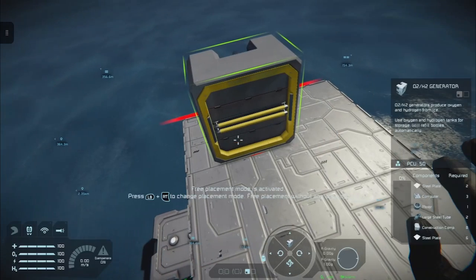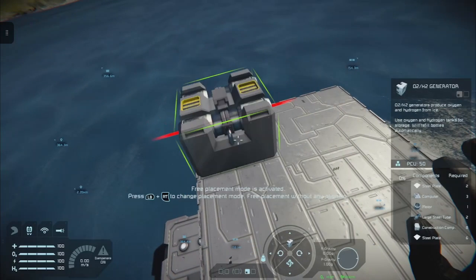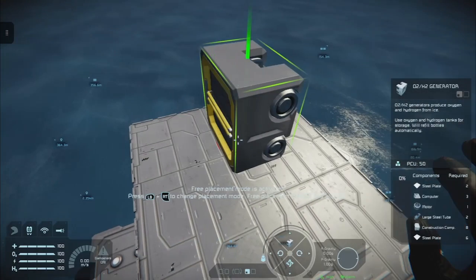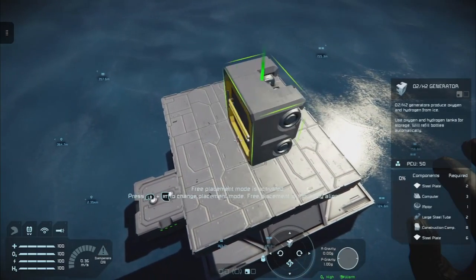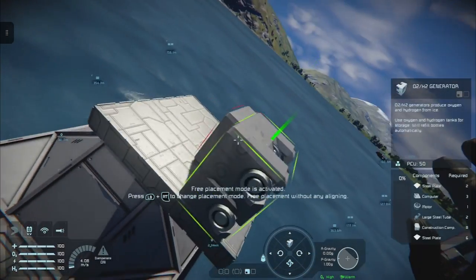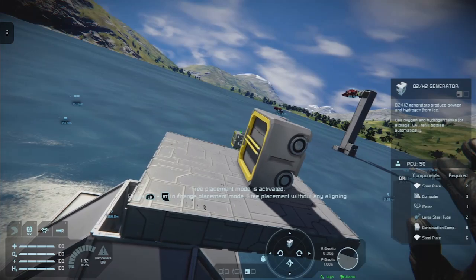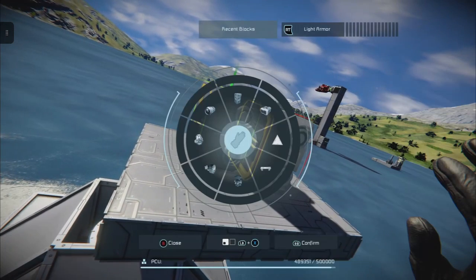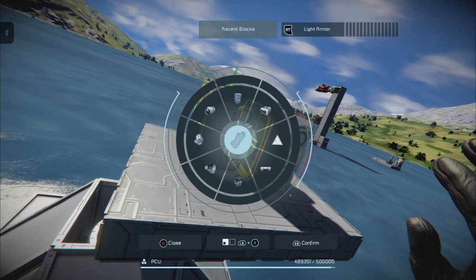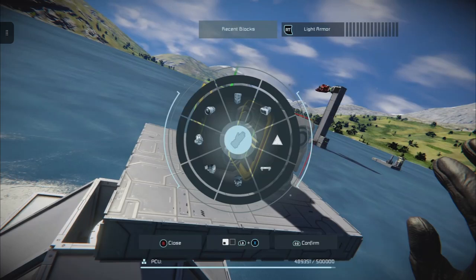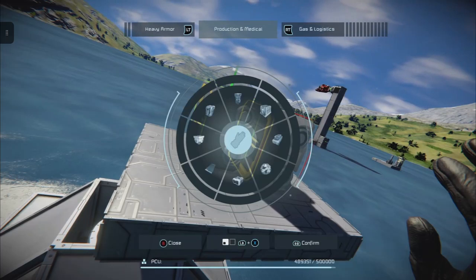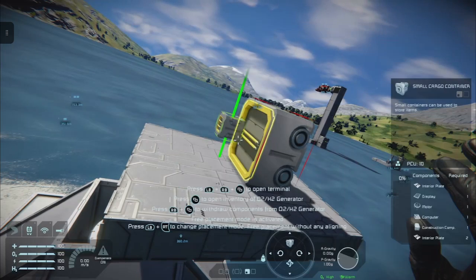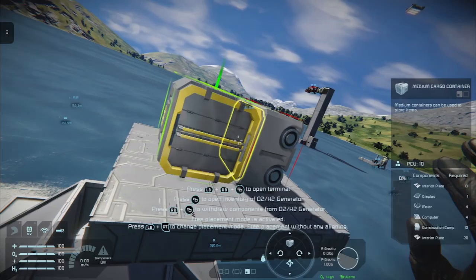That said, one hydrogen generator on its own isn't going to do much. And if you look at the way it's designed, it needs ice. So attached to it, it's going to require at least a cargo box full of ice.